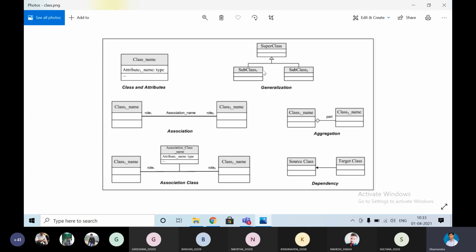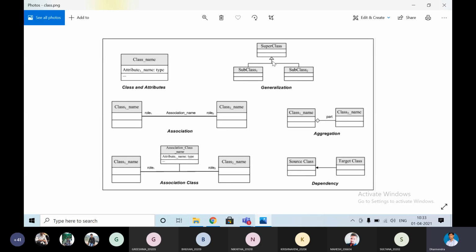It means the subclass is acquiring, or inheriting, the properties of the parent, and the other subclass is also inheriting the properties of the parent. So don't put the arrow toward the subclasses. Remember, this is for the generalization relationship.